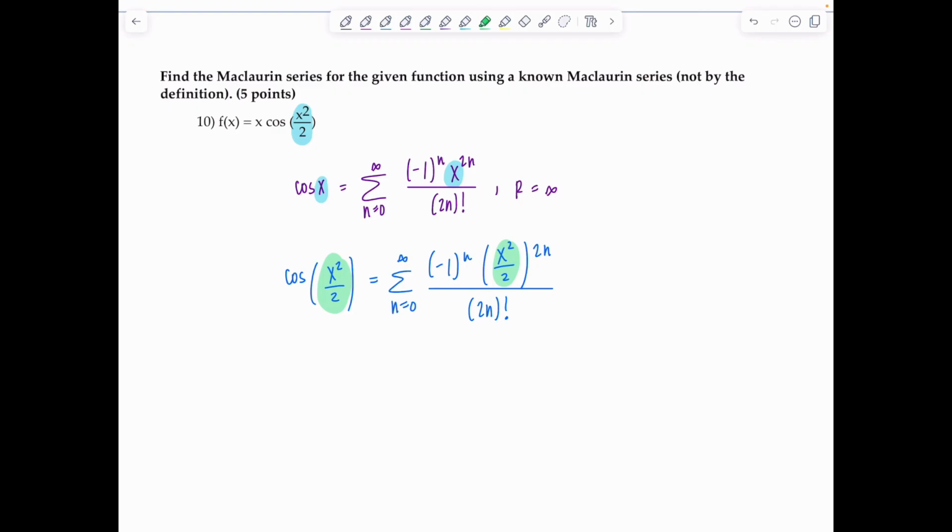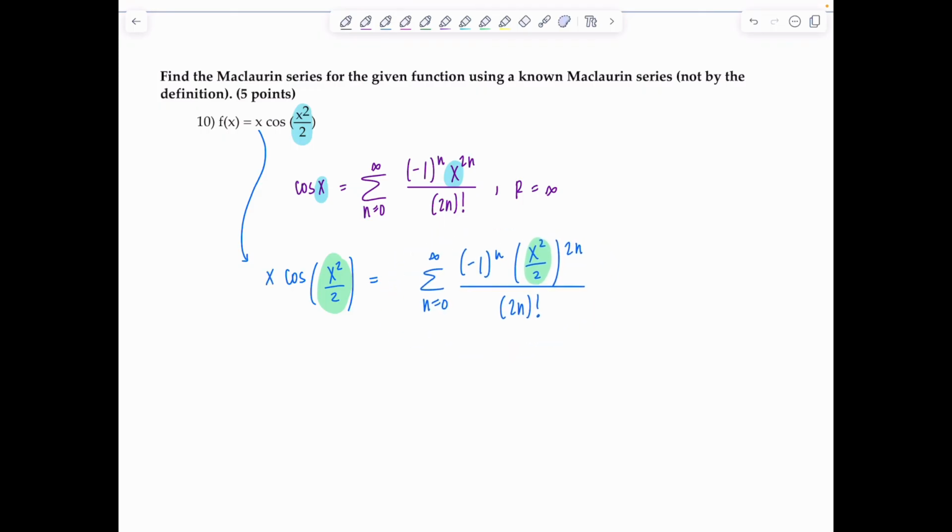And then one more thing I need to do so that I end up with f of x, I need to multiply by x outside. So let me do that also. I'm going to bring it in the sum anyways, but I just want it to match up. Okay, so this is x times the sum, n equals 0 to infinity, negative 1 to the n. This 2n distributes, so then I'm going to have x to the 4n over 2 to the 2n over 2n